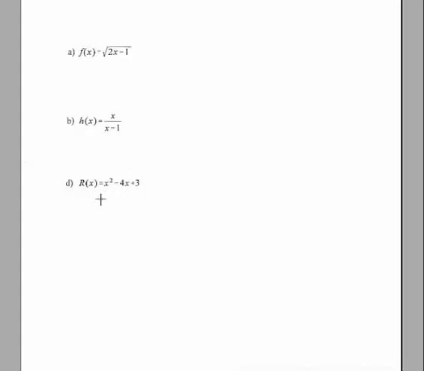Okay, R. Well, it turns out R's domain isn't restricted. If you look at R, we don't have an x in the denominator, and we also don't have any radicals contained in the expression for R. So in general, if you look at your polynomial, your function, and you check your variables and you notice that all of the exponents are positive and whole,